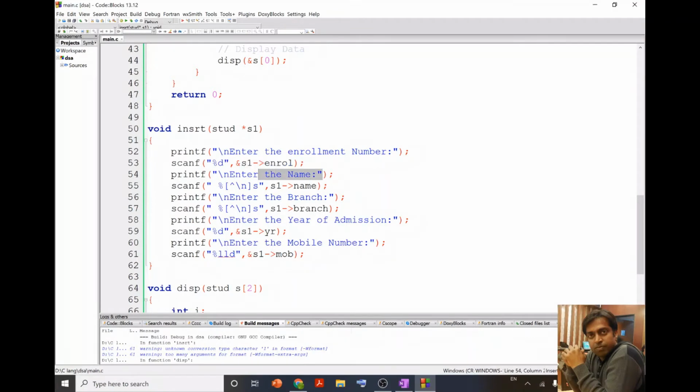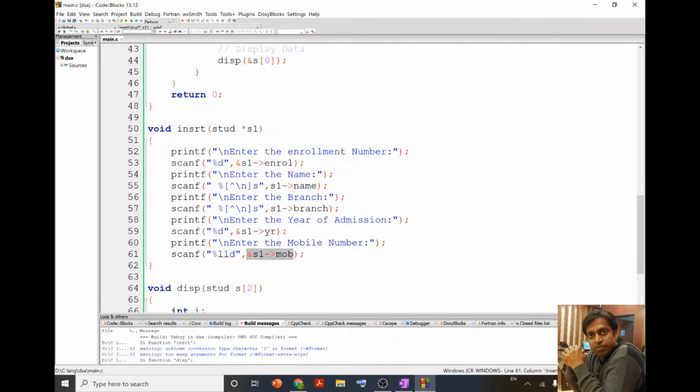Similarly, then I ask the user to enter the name, and whatever name or string the user has entered will be assigned to S1 name. Similarly for branch, similarly for year, and similarly for mobile number.